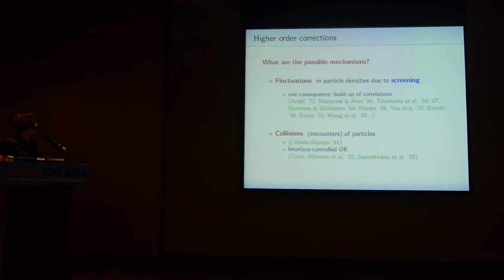Lifshitz and Slyozov in their original paper already call it encounters. This is what I mentioned in connection with the Mann-Sekerka problem: it doesn't happen very often in a small volume fraction regime, but particles might become close after a long time. And two particles that grow become close and then might merge, or even if they do not merge, if they're close to each other, they look to the other particles like one big particle of double volume.